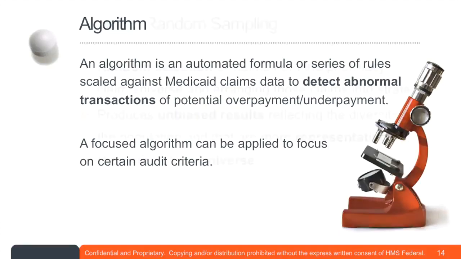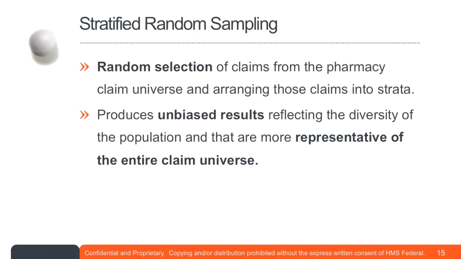And the stratified random sampling then is just where there's a random selection of claims from that universe. It's really important that the claim is random. There's certain actual statistical programs that help pick random, and we want random samples because we really want the audit to be unbiased. And so it's important to know that when the auditing happens, it should be random and it should be unbiased as far as the claims that are chosen to audit.